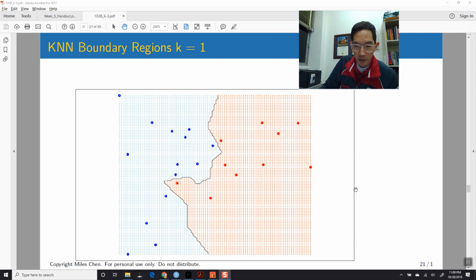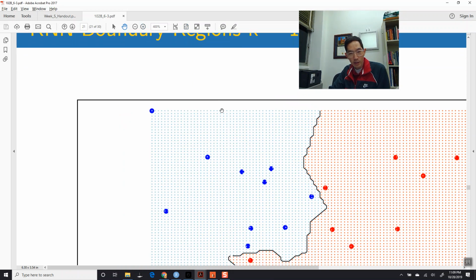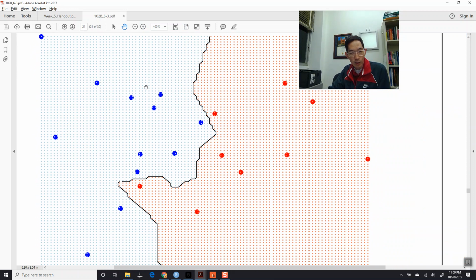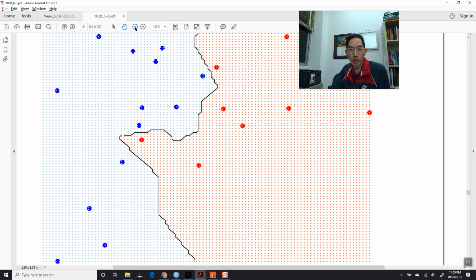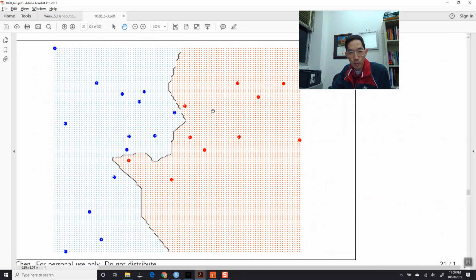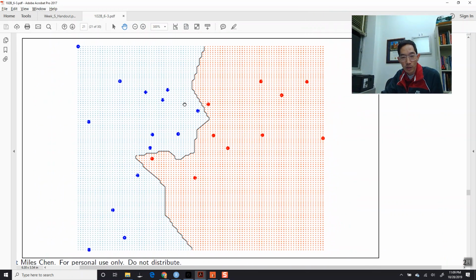I did not include these. These are some slides that I prepared for a different class, but I wanted to show you what KNN boundary regions look like for different values of k. This was done by, if you look closely, you can see this grid of all of these points. It was computationally expensive, but the computer, for every single little dot here,